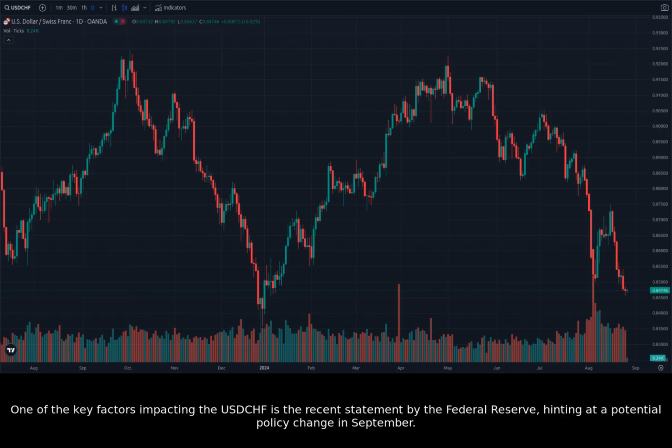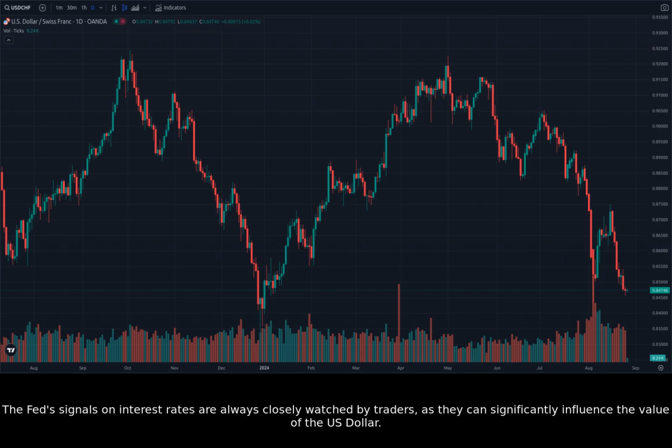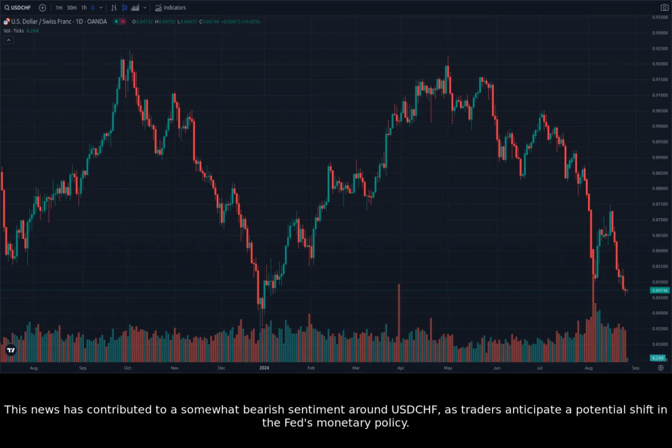One of the key factors impacting the USDCHF is the recent statement by the Federal Reserve, hinting at a potential policy change in September. The Fed's signals on interest rates are always closely watched by traders, as they can significantly influence the value of the US dollar. This news has contributed to a somewhat bearish sentiment around USDCHF, as traders anticipate a potential shift in the Fed's